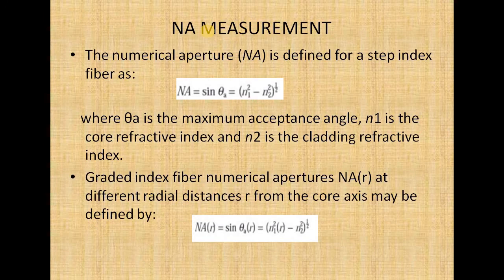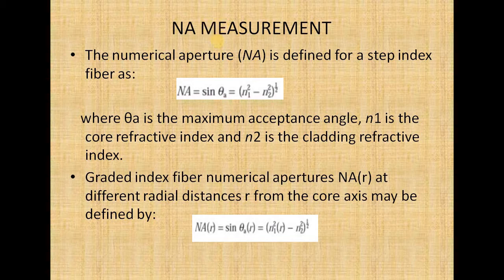Next we are going to discuss the numerical aperture measurement. Numerical aperture determines the light gathering capability of an optical fiber. It is also used to determine the normalized frequency and the number of modes that can propagate through the fiber. This numerical aperture can be determined by measuring the far field power distribution in the region far from the fiber end face. The emitted power per unit area is recorded as a function of the angle theta, at some distance away from the fiber end face.